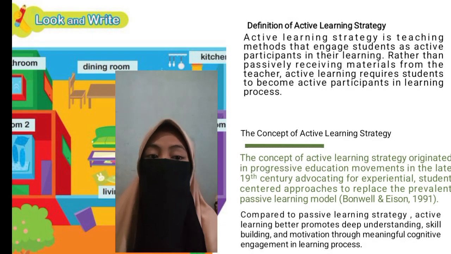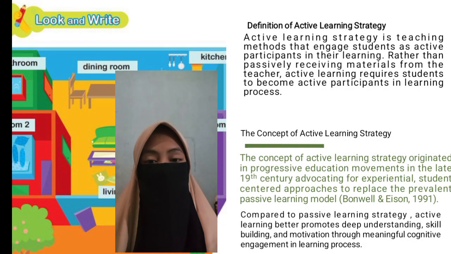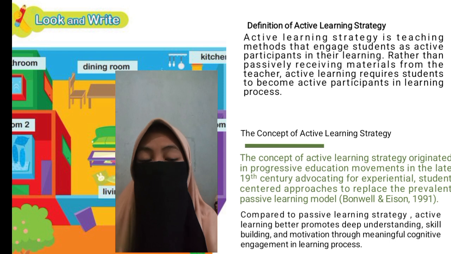And the second is the concept of active learning strategy. The concept of active learning strategy originated in progressive education movements in the late 19th century advocating for experiential, student-centered approaches to replace the prevalent passive training model, based on Bonwell and Eison